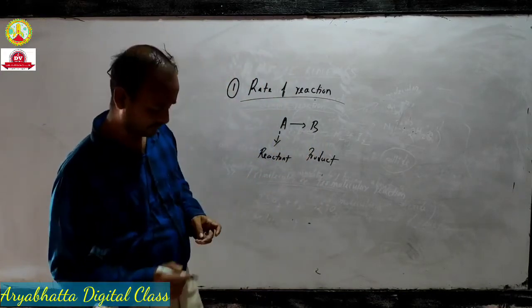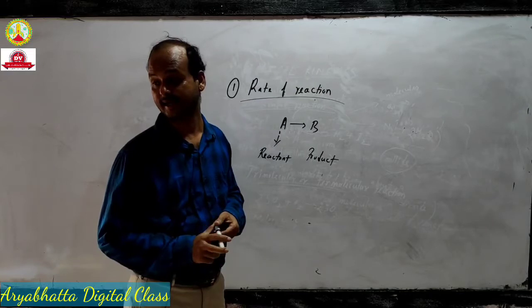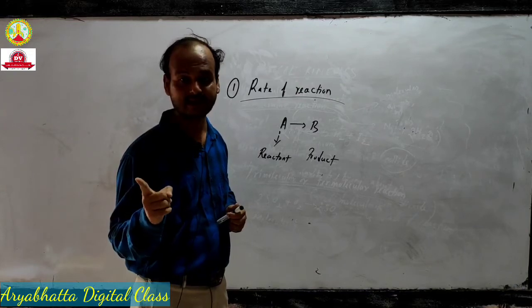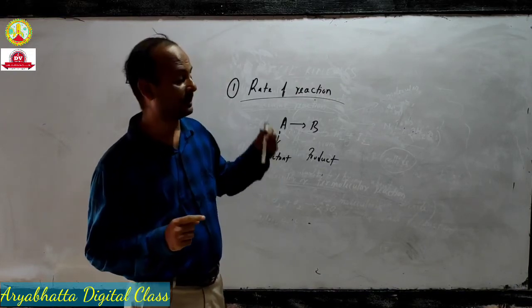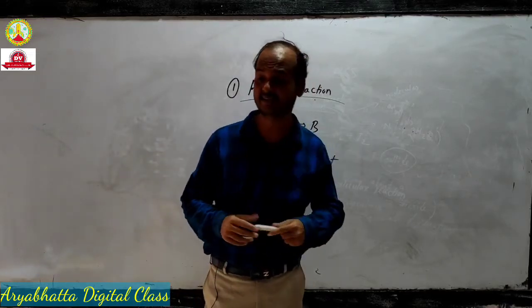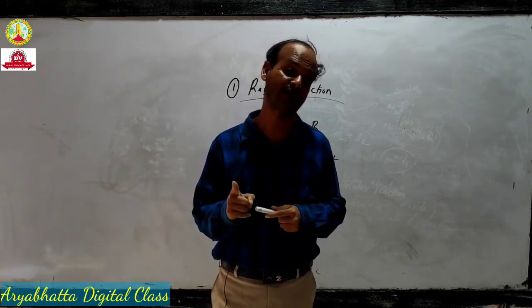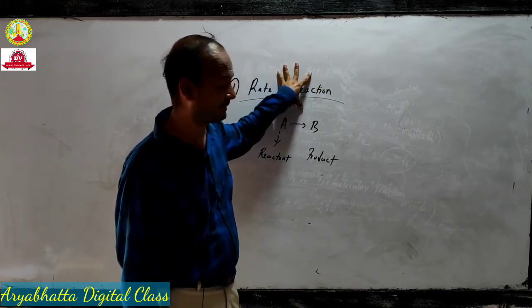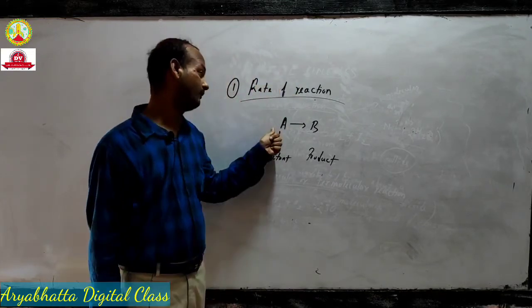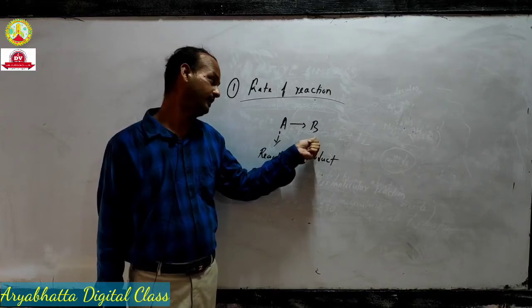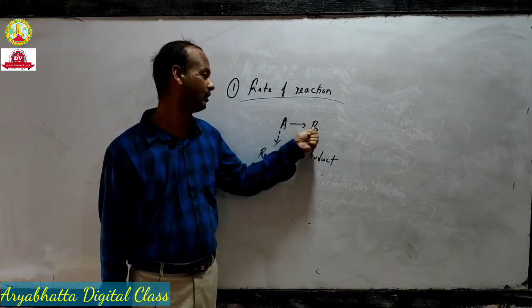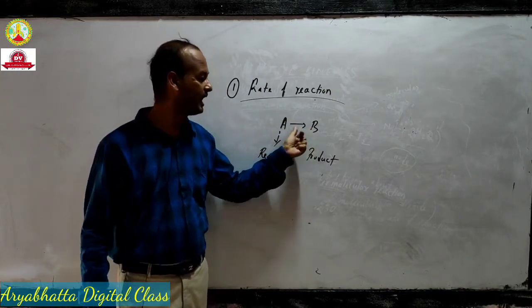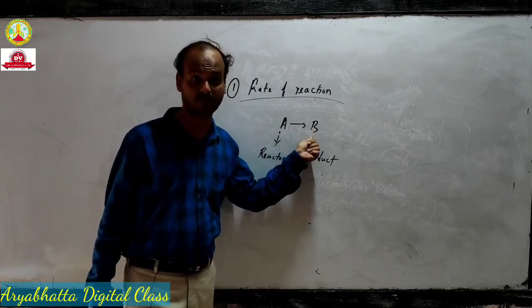Suppose if you want to calculate the speed of any car, then you should know the distance traveled by that car in an hour, and the time also. Speed of a car is expressed as distance traveled per unit time. Similarly, rate, you can also call it speed, of a reaction is nothing but the change in concentration of reactant or product per unit time. For the reactant it is a decrease in concentration, for the product an increase in concentration.